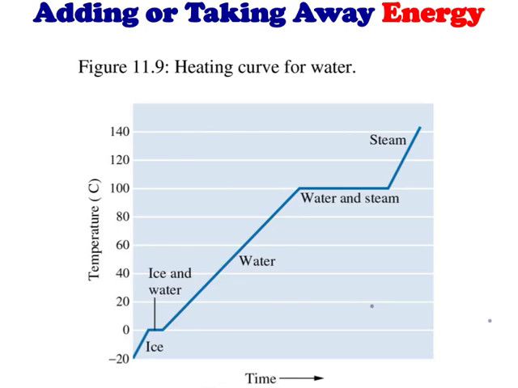If we go down, it's ice. If we go up, it starts to melt. So 0 degrees is our freezing point and our melting point. Now, as we add energy, as we go this way in the graph, we're adding heat or energy. Notice how right here, the temperature doesn't change. Even though we're adding heat, the temperature doesn't change. That's because it's ice and water. So as long as it's ice and water, it's still going to be 0